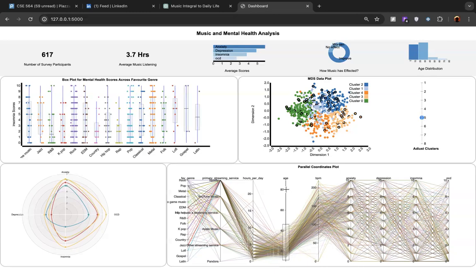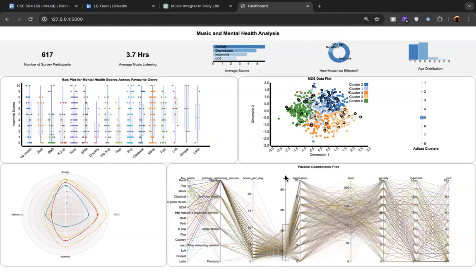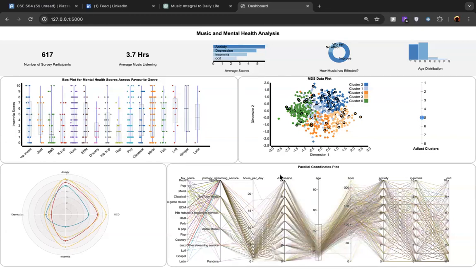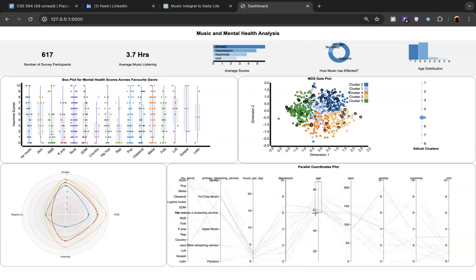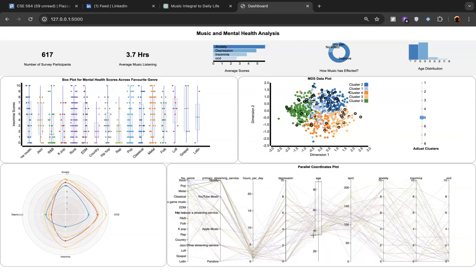And also, just to add on to this, let me pull in depression near age as well. So let's say if I drag from a higher age to lower age, you can see that at the higher age, the BPM is mostly crowded between 100 and 150.